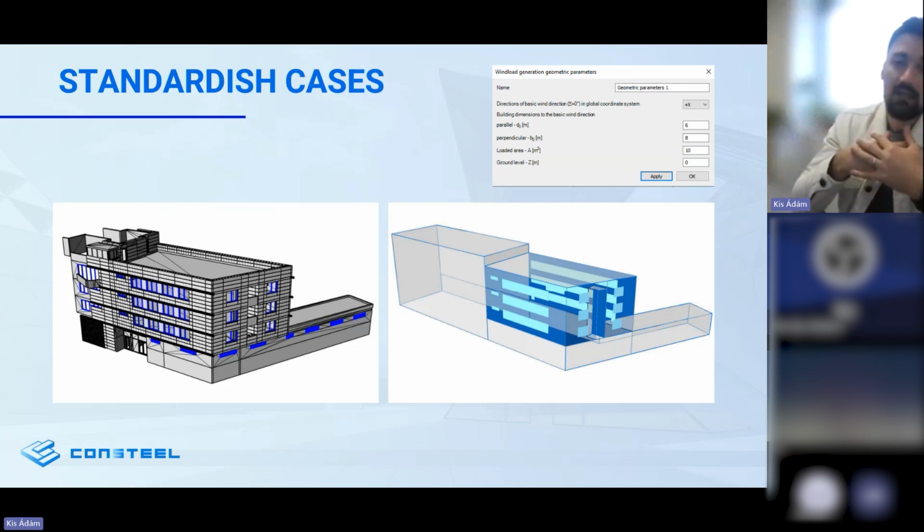Another really important aspect is the geometry itself, because when we are talking about a simulation for a building, it is really important to decide the level of accuracy, what is important for us, what we are actually designing. Because for instance, for this scenario, which is not a typical Consteel building, but it has this,